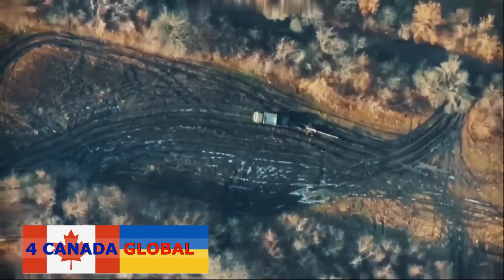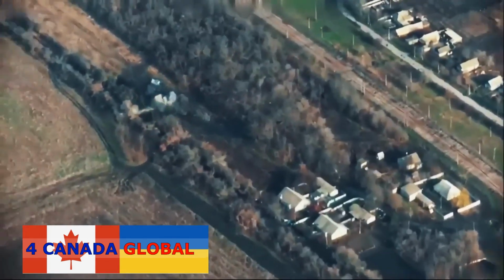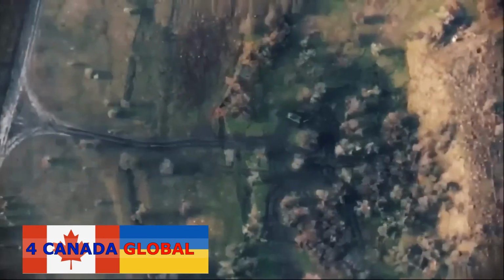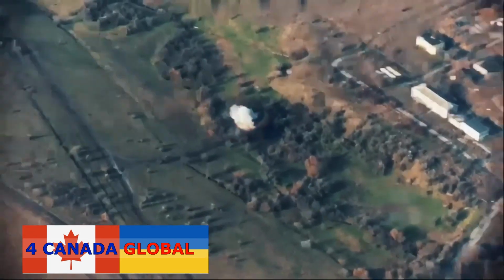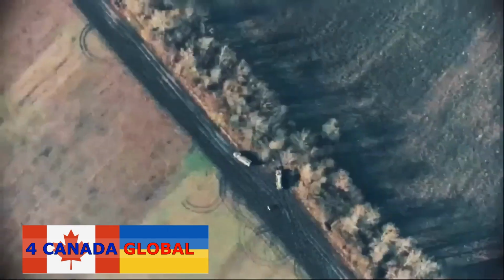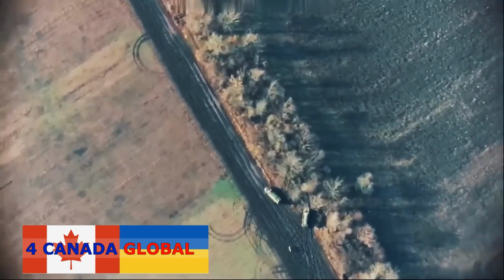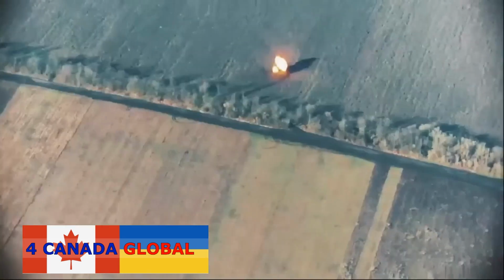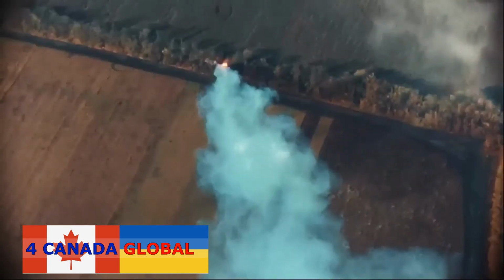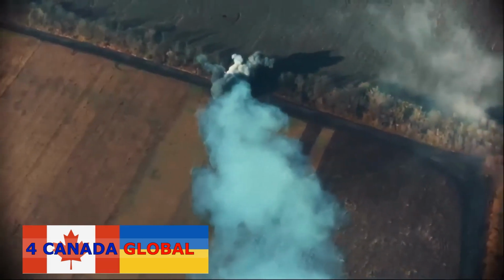Another video featuring HIMARS. First, Ukrainians target a truck and a howitzer. The next target for the HIMARS is the heavy mortar Tulip. A direct hit leads to the detonation of the mortar's ammunition. In these next clips, we see two trucks loaded with ammunition. The second missile accurately hits both targets, followed by a brief fire and then an explosion of some of the